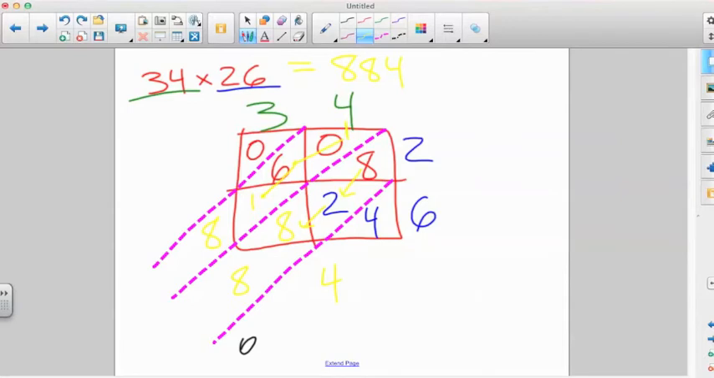can successfully multiply using all three methods now: partial products, the traditional US customary, and now the lattice method of